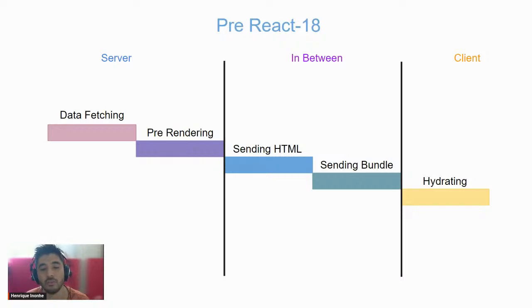So we have to send the bundle for everything that has been pre-rendered. And only after we do that can we start hydrating. And then once again, we have to hydrate the whole application before anything becomes interactive. Now notice that I've been emphasizing this whole application part, because this is what's going to be the biggest difference between SSR pre-React 18 and